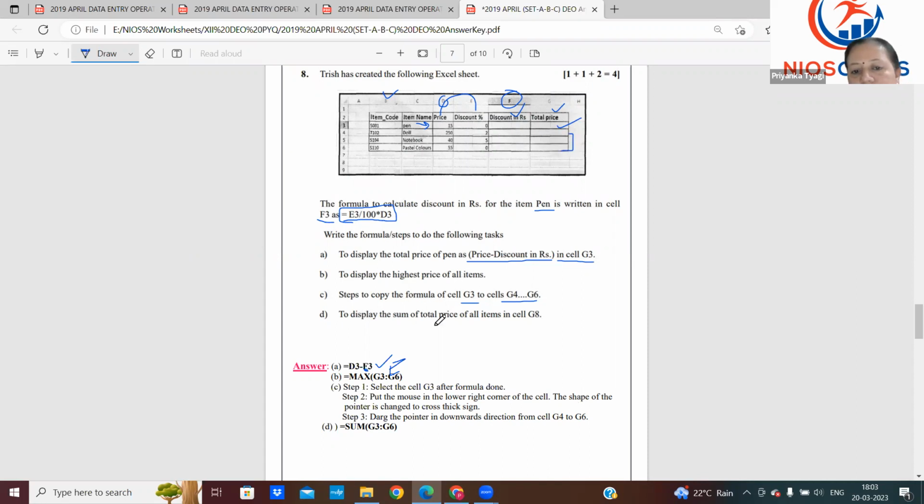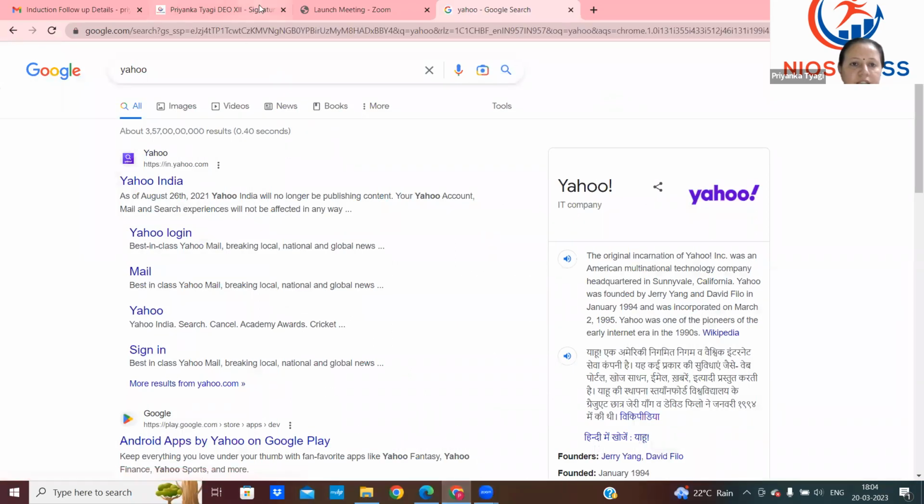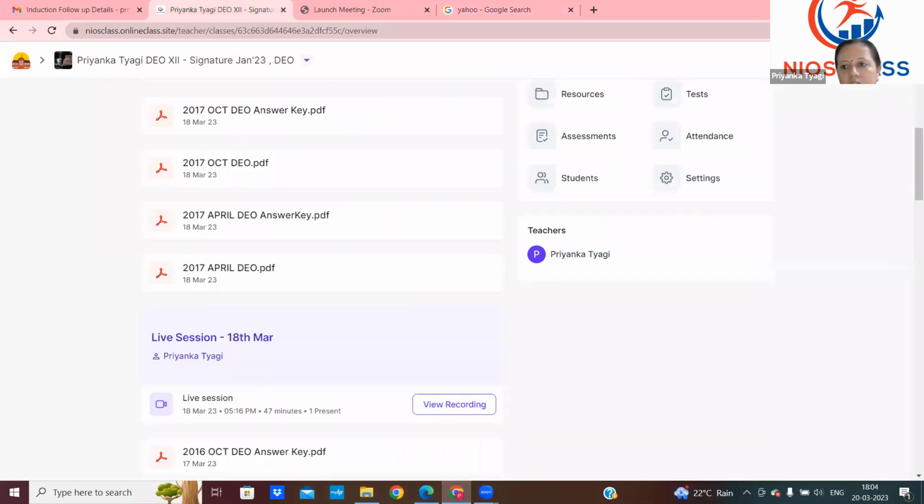Now in the last part, to display the sum of total price of all items in G8, right? So total price is this. Okay. We need to type this formula here. This is cell G8. This is row number 8, column G. So equals SUM(G3:G6). Are you getting my point? So this is all about this, your Set A, April 2019 month. Okay. Now